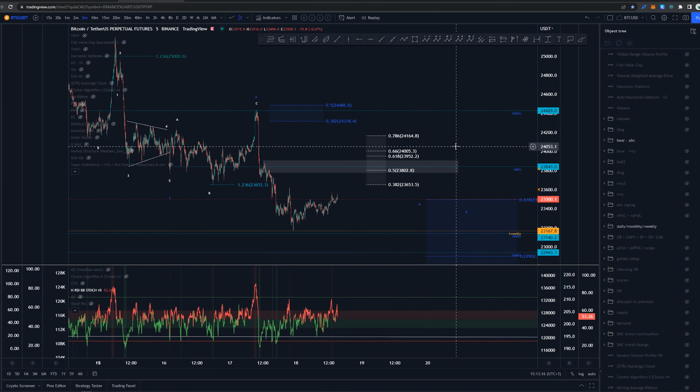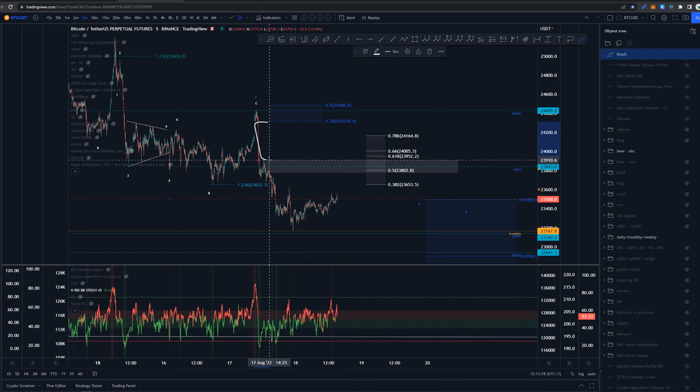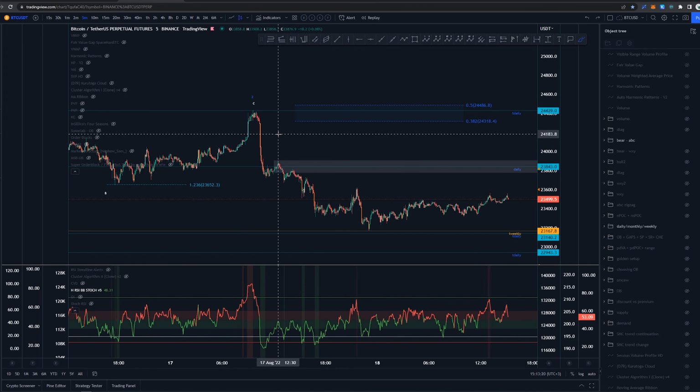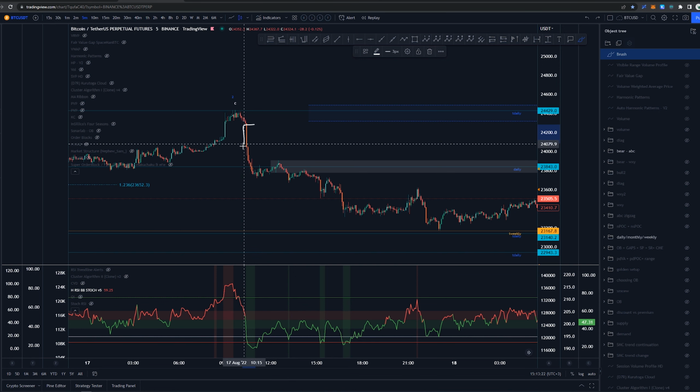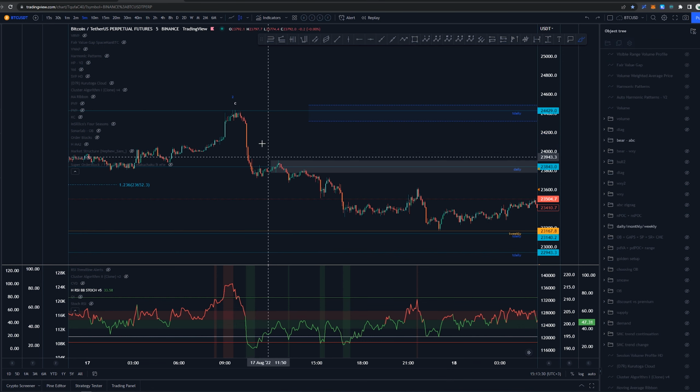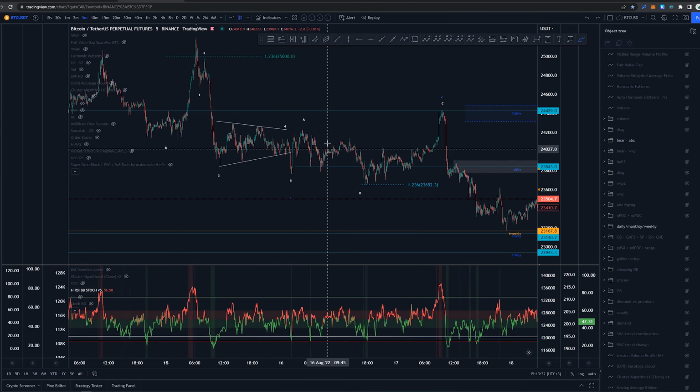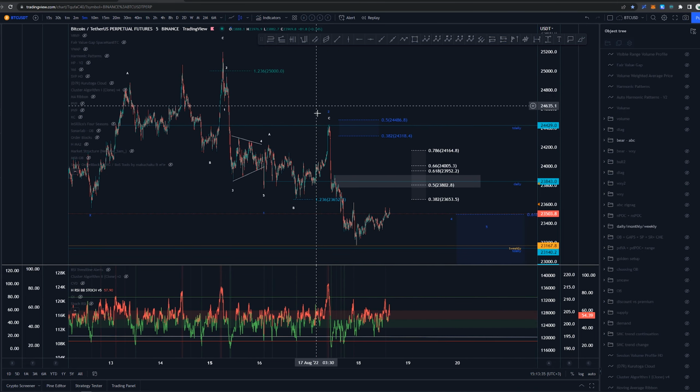However, we need to be careful because we have this fair value gap here in which we don't have a lot of resistance, especially this area here. If we are getting up to the $24,056 area, this definitely can just pick up because there's just nothing here basically. So that is an area where we need to be careful if we want to be looking for